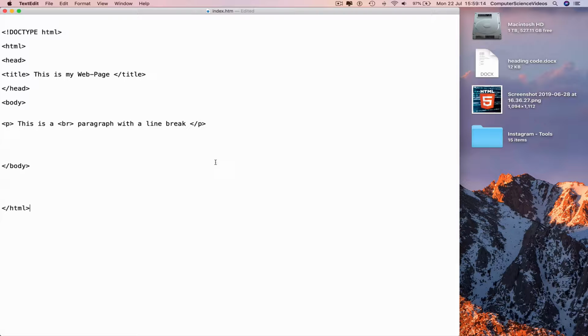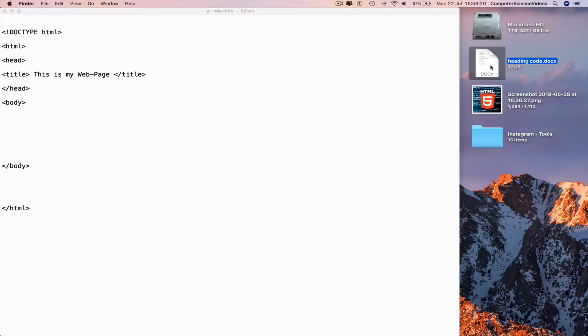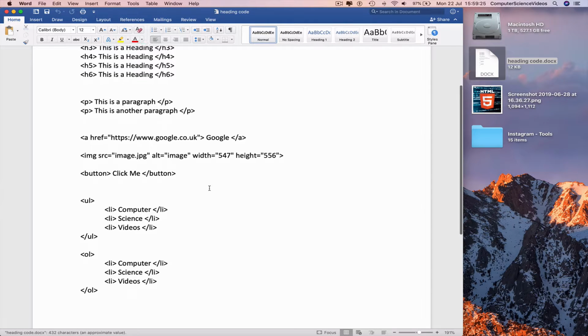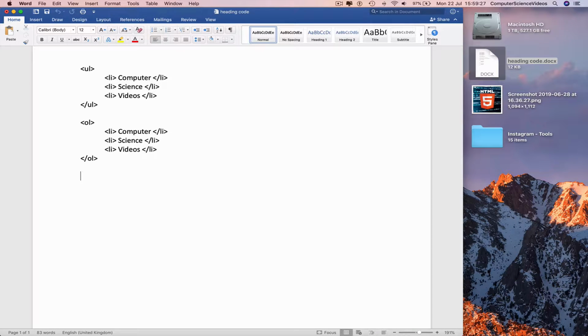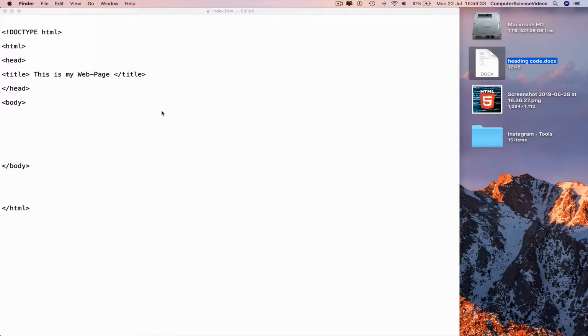Before we do that, take the previous tutorial's code, right click, cut, open up the Word document that we have saved for these tutorials, and now paste the code towards the bottom to save for later use. Command S to save, quit Word, and now